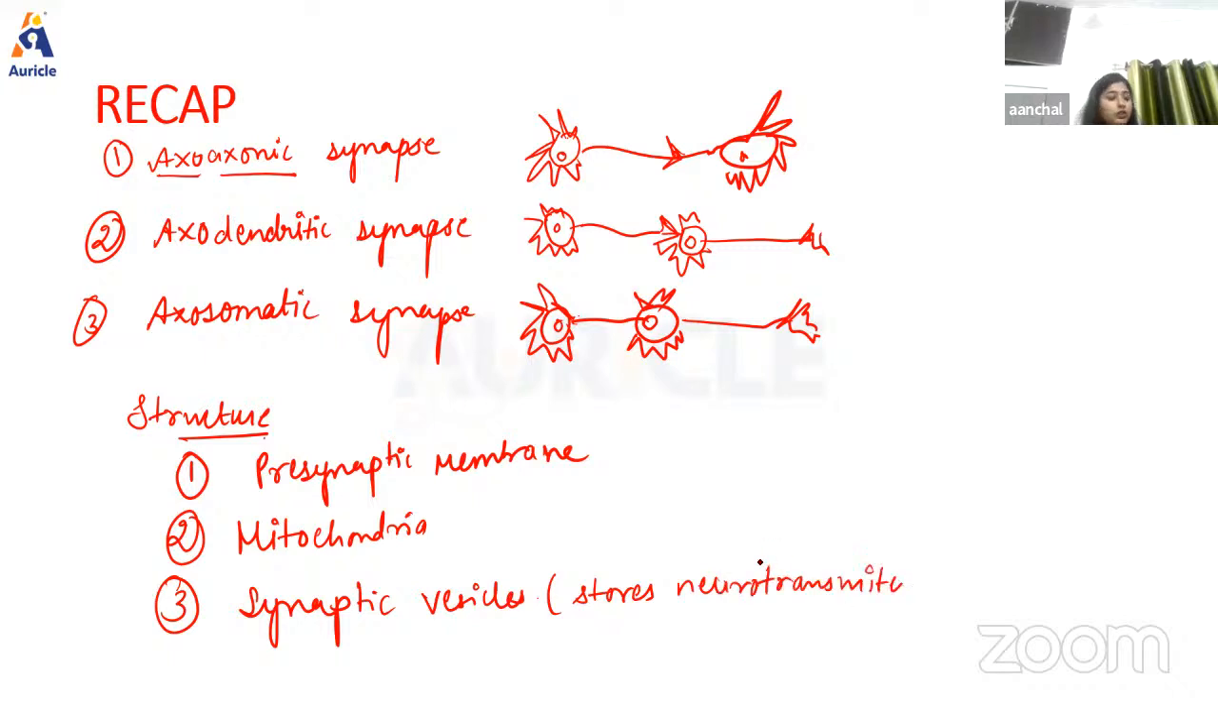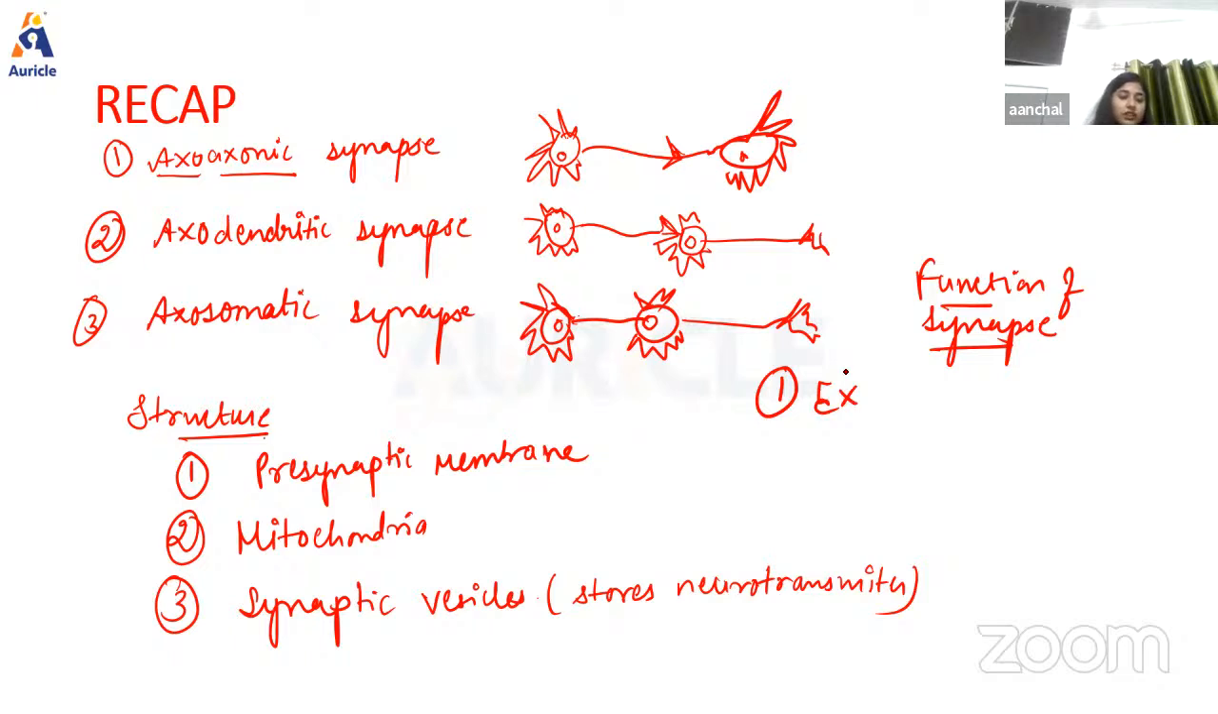Okay. Then also, if we talk about the function of synapse, it has mainly two functions. Basically the main function of the synapse is to transmit the impulse, that is the action potential, from one neuron to another. But some of the synapses inhibit these impulses, so the impulses are not transmitted to the postsynaptic neuron, and on the basis of this function the synapse can be divided into excitatory synapse